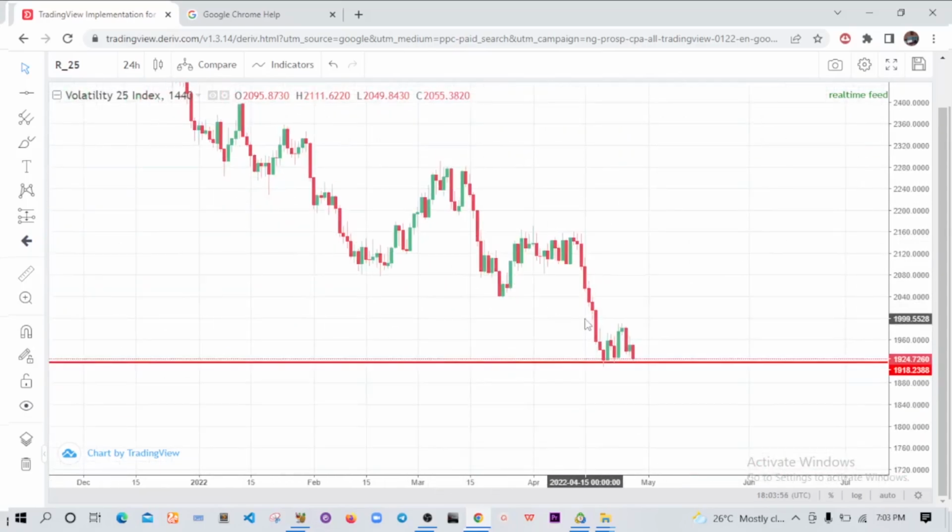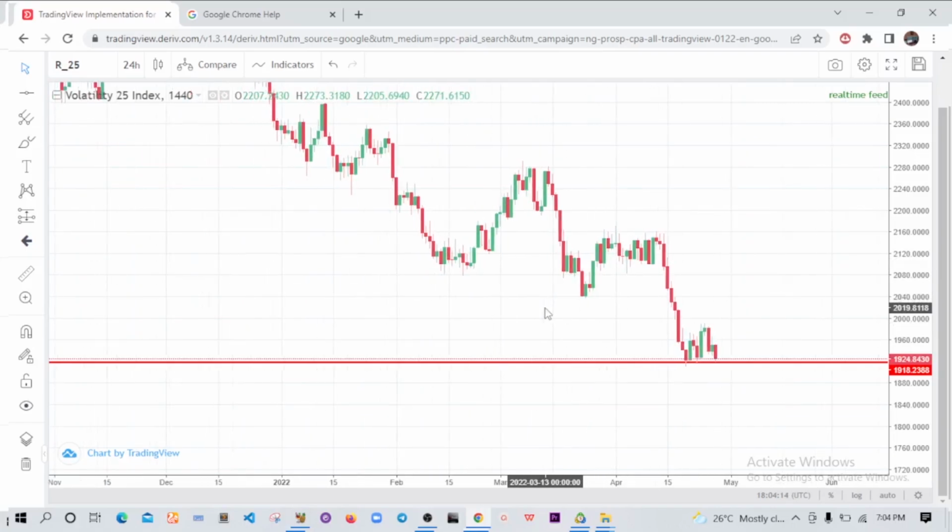Now if you look at this point, you discover that the price is currently on a support level. On a support level. So we are looking for an opportunity to go long on this trade. Now how do we get the signal to enter a trade? So if you look at this point, so that you are not confused or trying to take